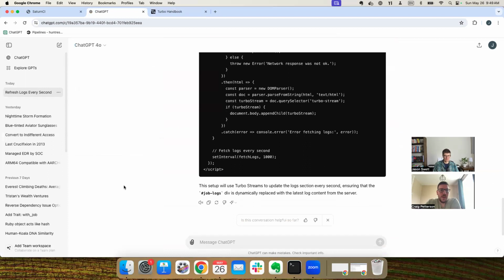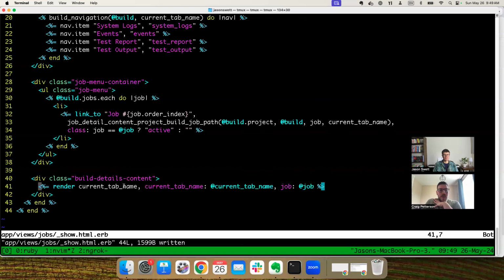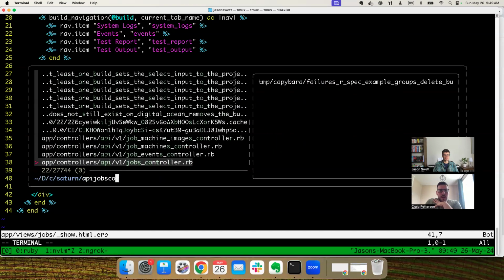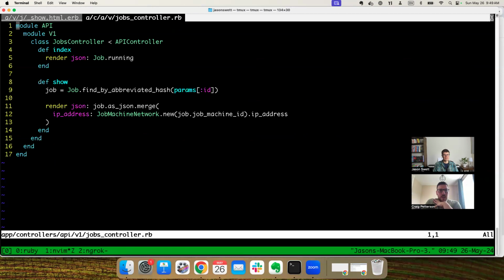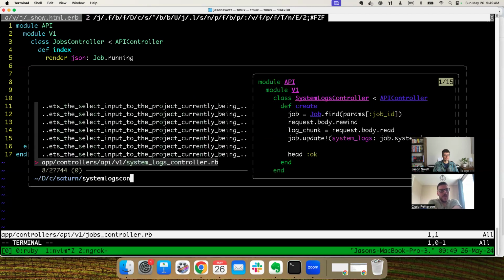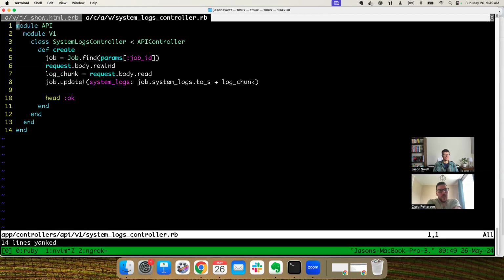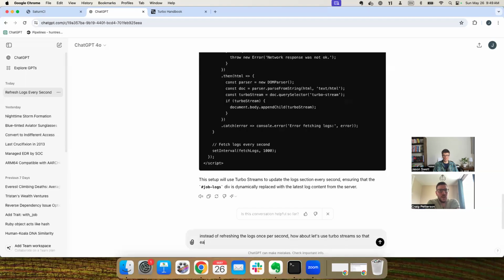I'm gonna do something different here. Instead of refreshing the logs once per second, how about let's use turbo streams so that, okay, we have an API jobs controller. Oh no, this isn't it. System logs controller. Yeah. So that each time this controller action runs,